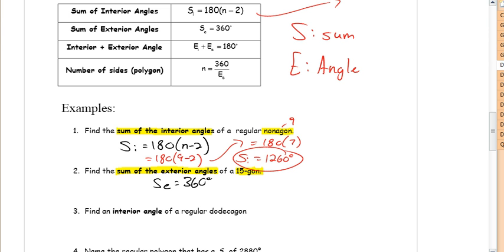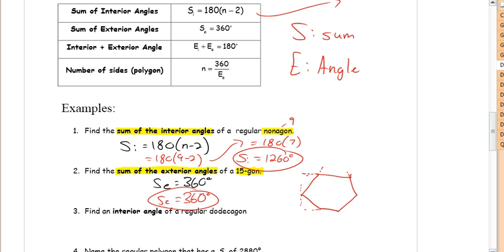Nothing to plug in, it's simply going to be 360 degrees. That will always be the sum of your exterior angles. Because if you think about it, let's say we have a pentagon. No, I'm going to draw a hexagon. What that's asking for is all these little angles out here that go off,